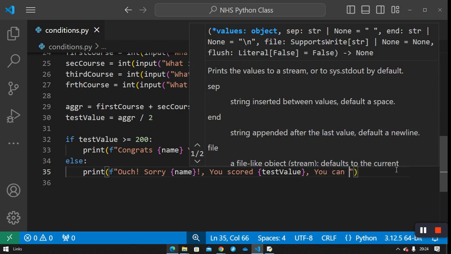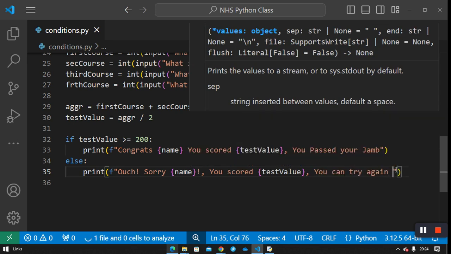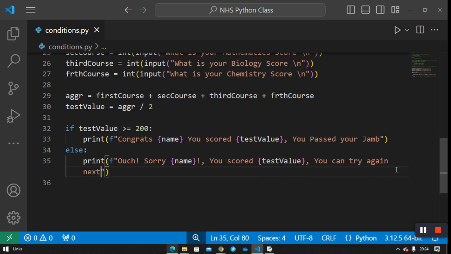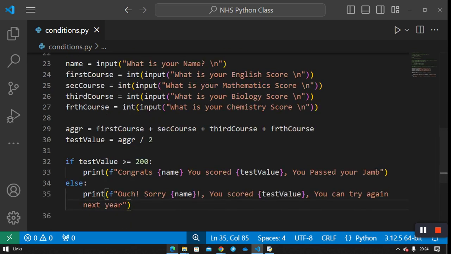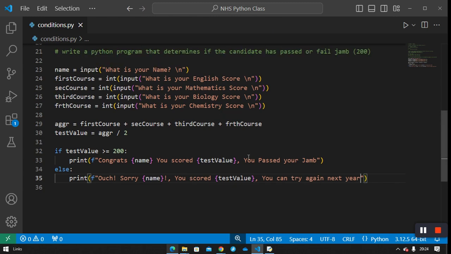You can try again next year. Now everybody watch this. I hope without explaining this too much, you'll be able to understand what we are trying to do here. It accepts the name and 4 courses alongside. After doing that, it adds up all the 4 courses in a sum and performs the half value of that. And once the person confirms the score is equal to 200